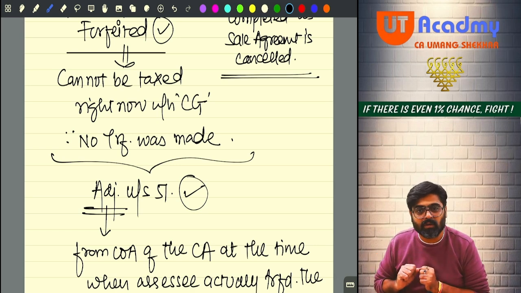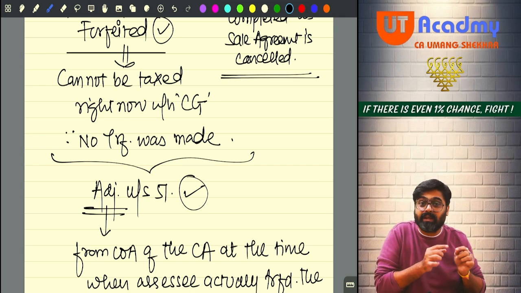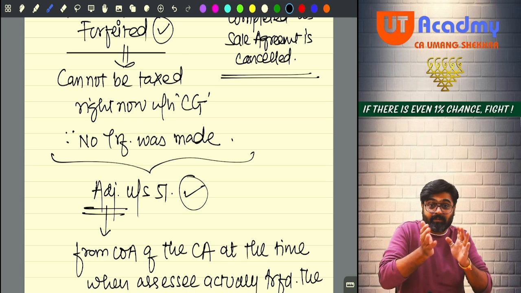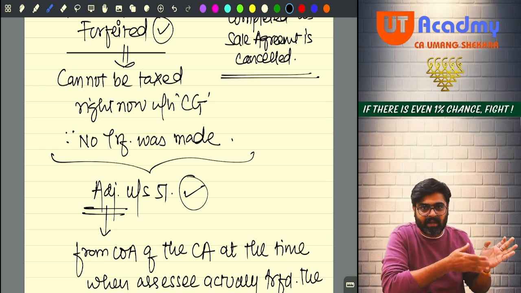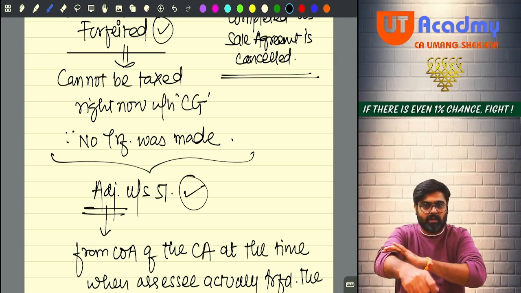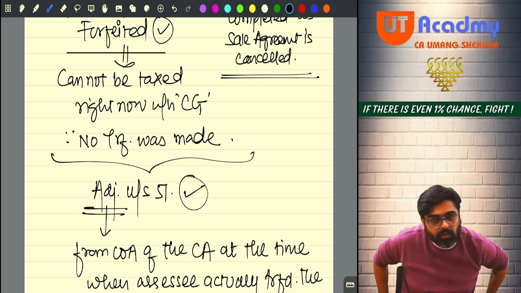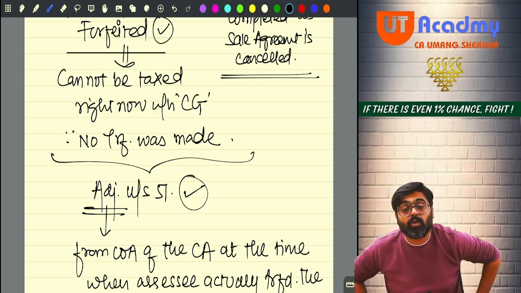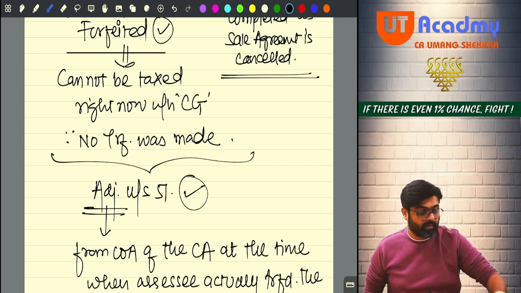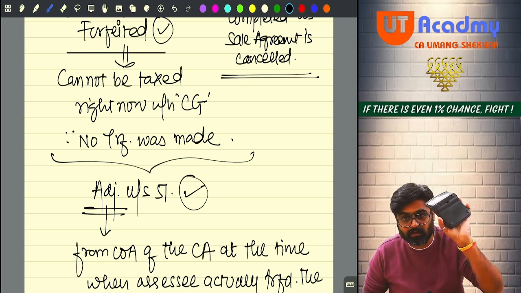Yes or no? I don't want to get that 10 lakh rupees in bank transfer as my income, because if I get it as a bank transfer, I will have to show that 10 lakh rupees as my income. Yes or no? So I told her that Rajlakshmi, do one thing. The amount which you are going to give me right now, not 10 lakh rupees, don't give it to me as my income. What we will do, I will make an agreement, sale agreement to sale of this asset.